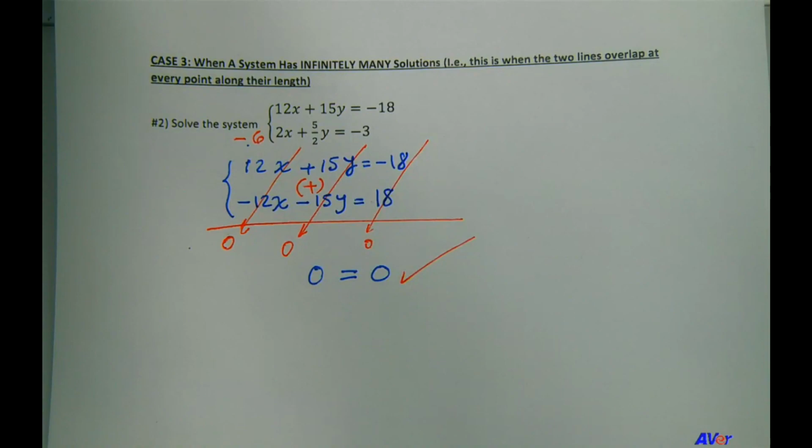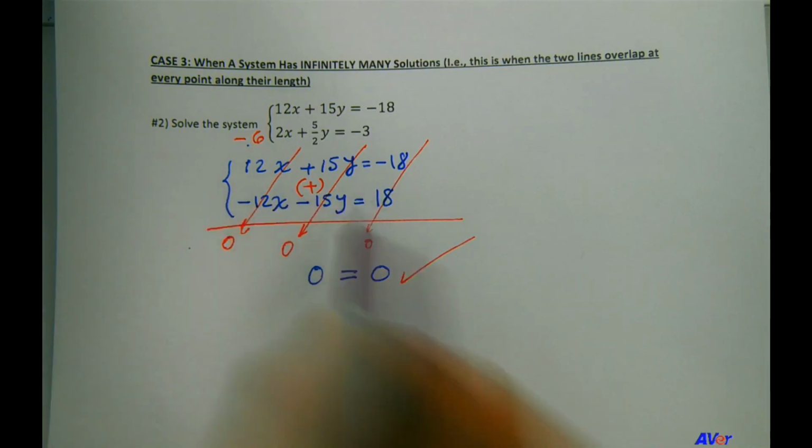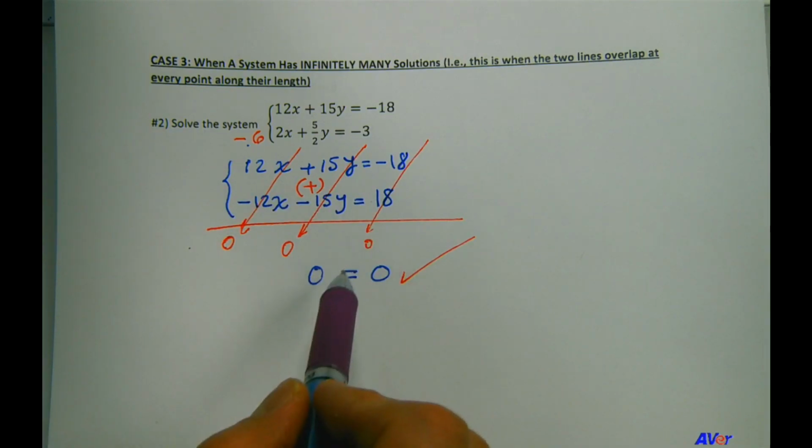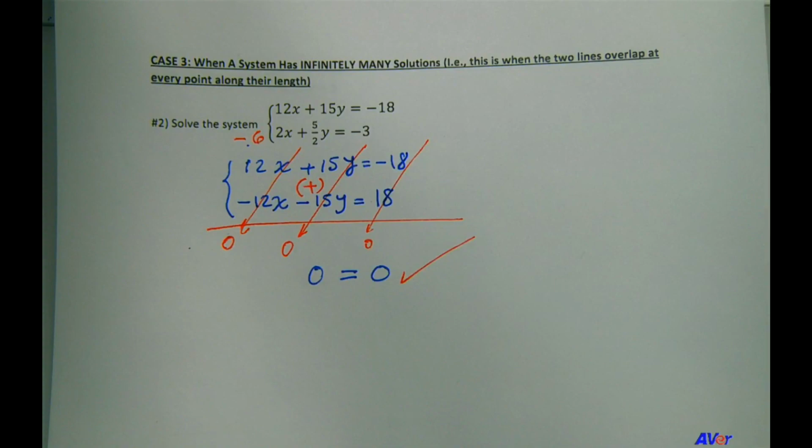But the other thing that should catch your attention is that in this result, there is no variable. Either x or y are not present. That means this result does not depend on either x or y. This result is always true regardless of those two variables. That means that the two lines are literally the same line. If I graph that, you're not going to see two lines. You're going to see one line,